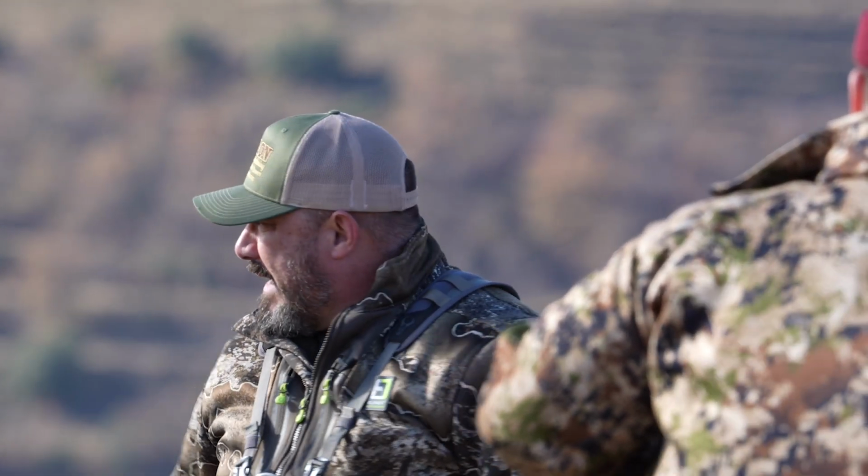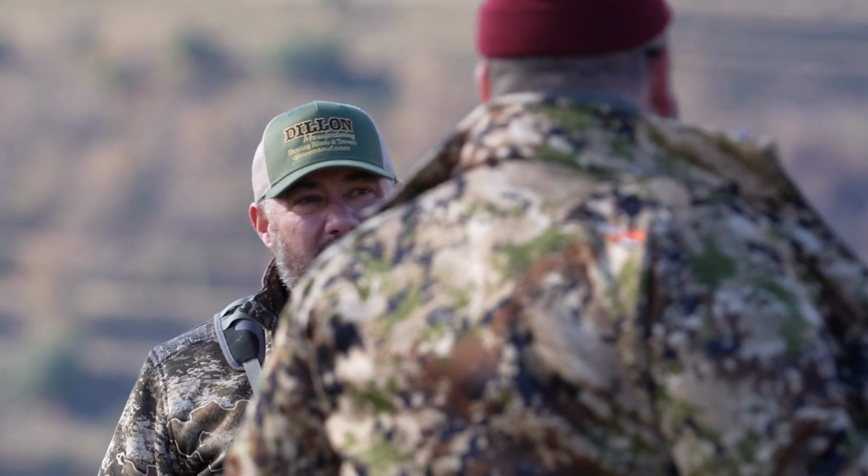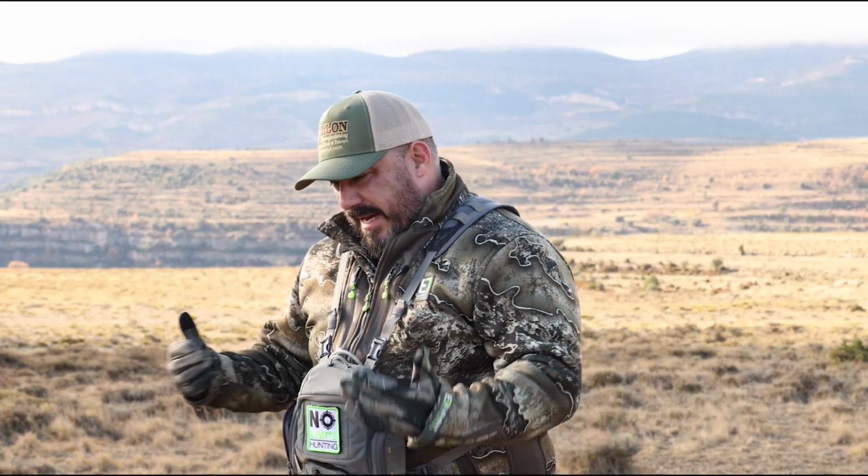What did we just do? We got prone down in this, I don't know what you'd call it, a valley, ridge, whatever. And we got on the ibex the first time, the peak of the rut, so they weren't spooked off, but chased off with a female. And then we just kind of hung tight for a minute,